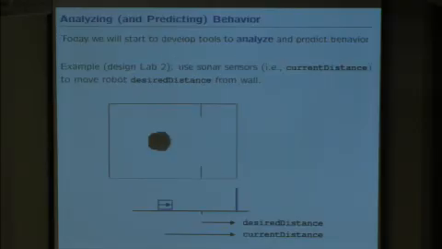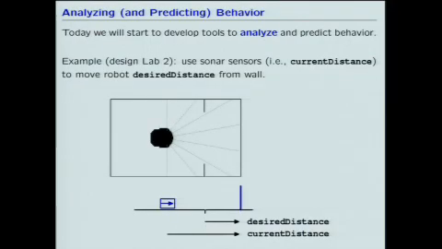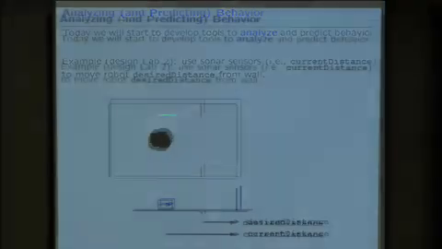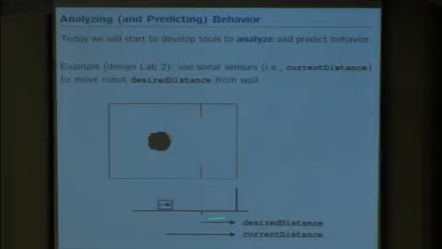To illustrate that, I'll start with an example. This is an example that you did in Design Lab last week, or for some of you yesterday. The idea was to program the robot so that it could sense the distance to a wall, represented two ways here: the view that you would get from SOAR, and a more schematic representation showing the position of a robot and the position of a wall. The idea is that you can sense the position to the wall using the sonars. You know where you would like to be because some user told you you'd like to be, say, half a meter away from the wall. And your job was to write a program that moves the robot from where it is to where you'd like it to be.